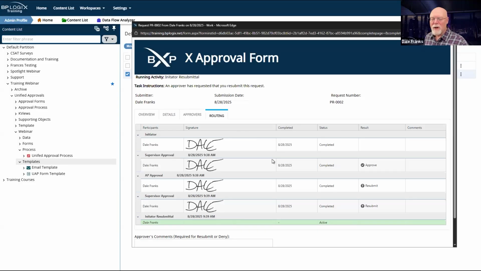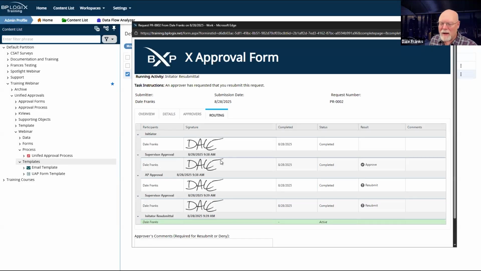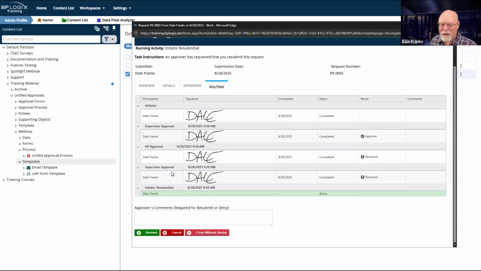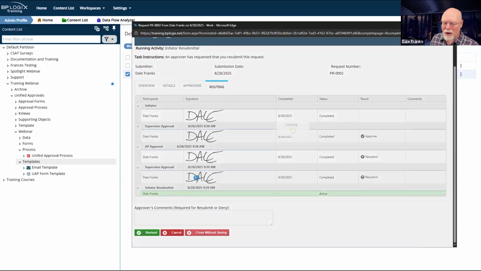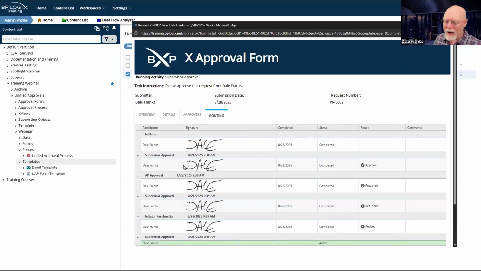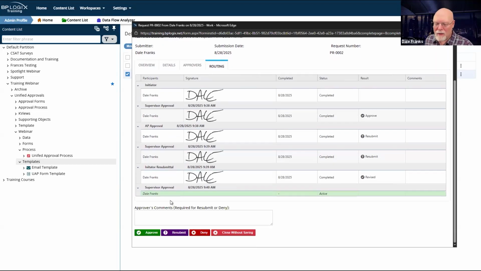Okay, so when supervisor, it took me to initiator resubmittal. That's what I wanted. So when I did AP approval, it took me back to supervisor. I may need to review what's going on there. So let's hit revise and we're good there.